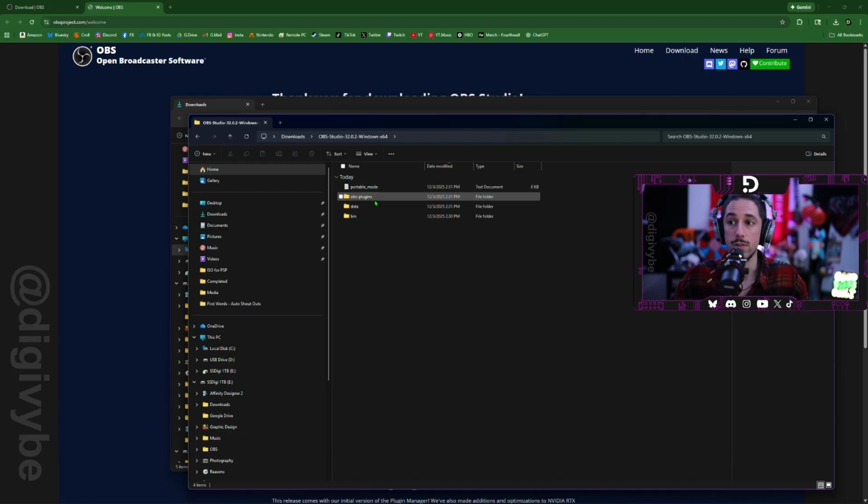When you do that, you're going to want to make sure that this portable mode text file is right before the bin, data, and OBS plugins. It doesn't have to be above it in order, but it just has to be in this folder. If it's not in the prime folder, then it might not be able to detect the portable mode